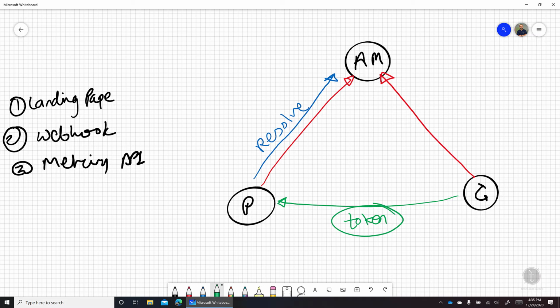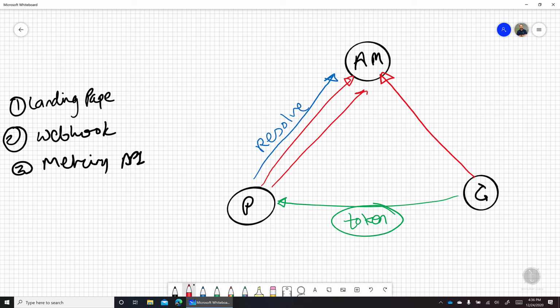Now on this landing page, this customer can make some changes. For example, this product is, let's say, a number of user spaces. So in this case, the customer can say, hey, I want to buy this product for 10 users, 15 users, or there could be some custom metering dimension. For example, number of documents processed. You will be charging on those number of documents processed. So in this case, the customer can say, hey, I want to buy your solution to process 1000 documents per month. So in this case, the customer provides that information, and you as a publisher call the next API,